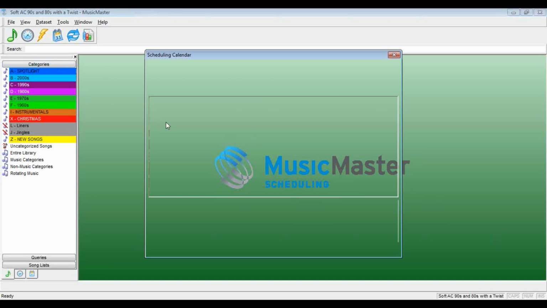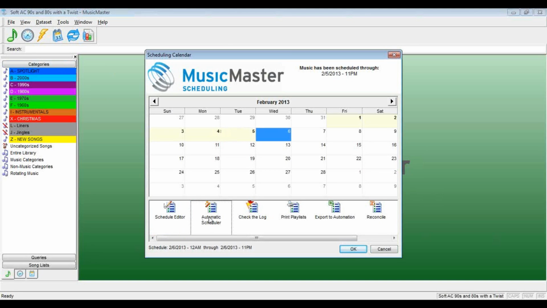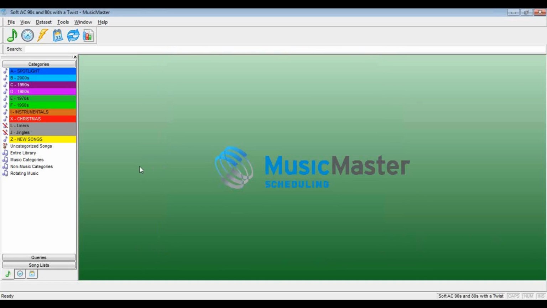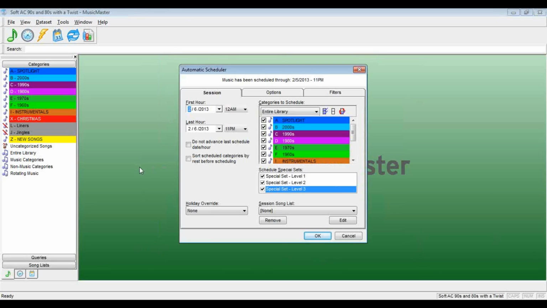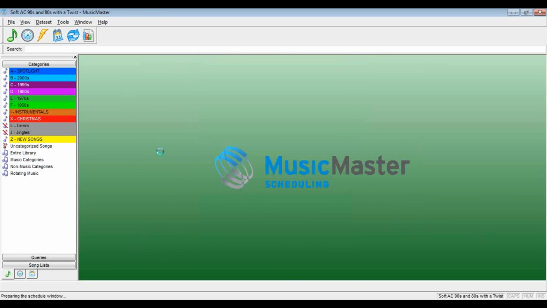I'll choose the scheduler icon. I'll choose the automatic scheduler. I'll choose Wednesday, and I'll hit OK. So MusicMaster is preparing the scheduling window for me. It's going to set up some of the history. It's going to archive potentially some history, and then it's going to move in and sort of place this countdown